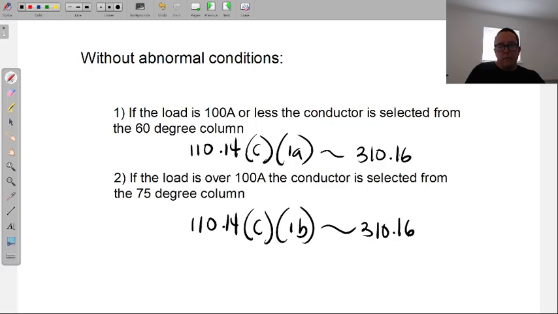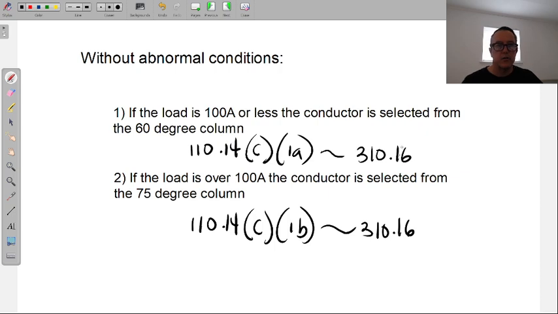So for the most part, in a practical sense, working out in the field, no abnormal conditions in most cases. Now, of course, testing questions, they want to know that you know the rest of the articles, so that's where we get some abnormal conditions, which we're going to look at today, highlight, and then we'll go into some questions around it.